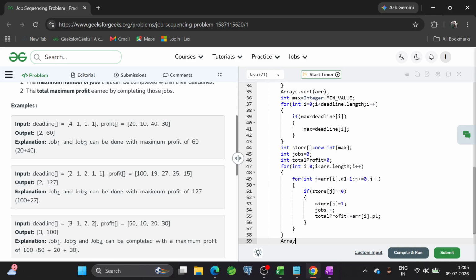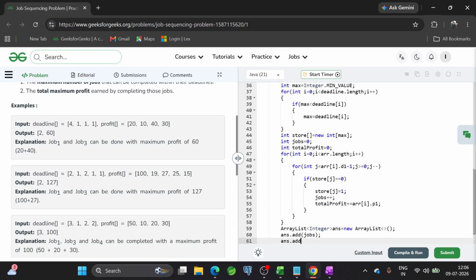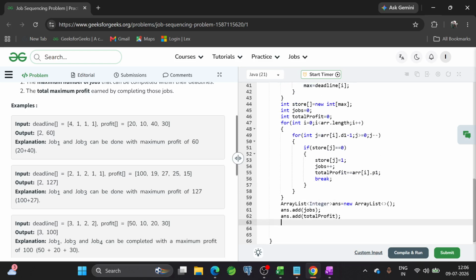So I will create one ArrayList of ArrayList of Integer, answer equal to new ArrayList. Then answer.add jobs, and then answer.add total profit. But suppose we have included this job, in that case we have to break the inner loop. And then we have to return the answer.